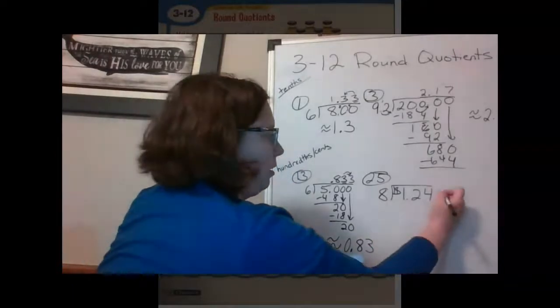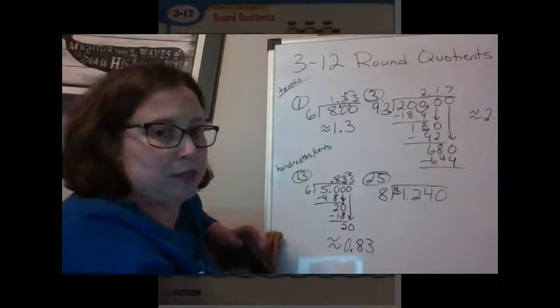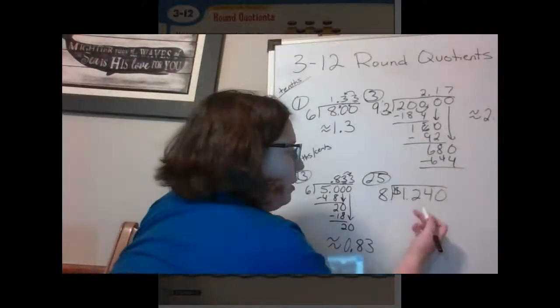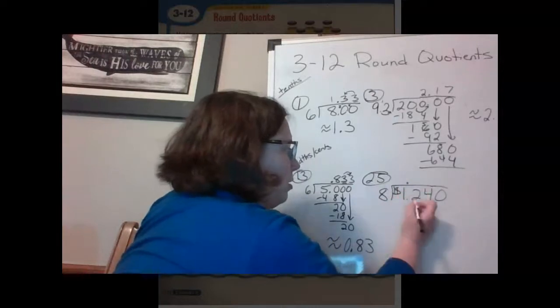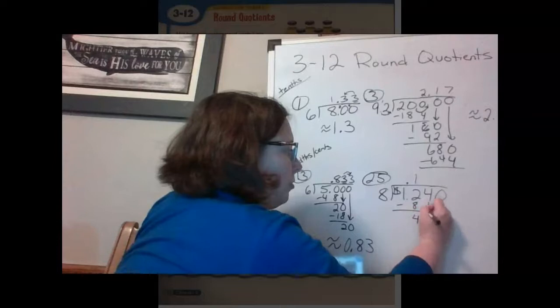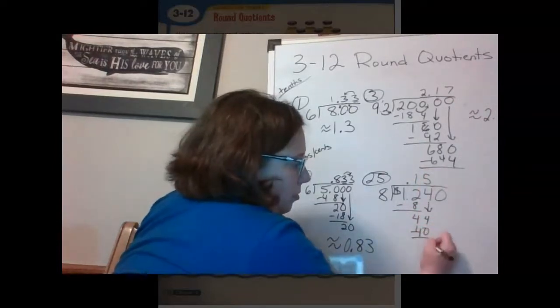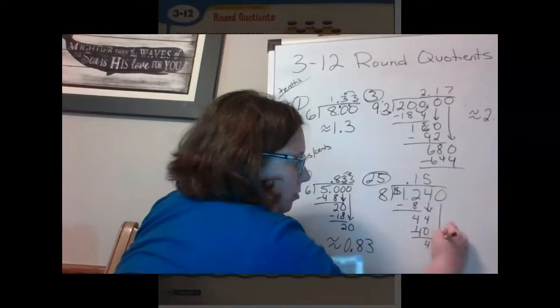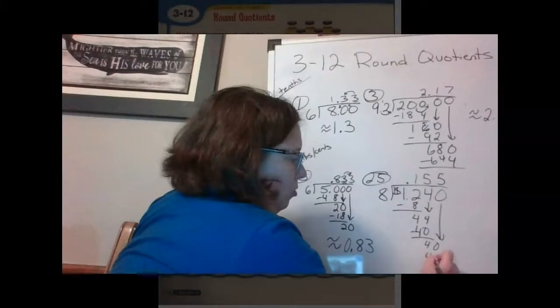Over here, I need to add 1 more 0 so that I have those 3 decimal places that I need. And I can go ahead and divide now. Notice this one is money. So we come out with